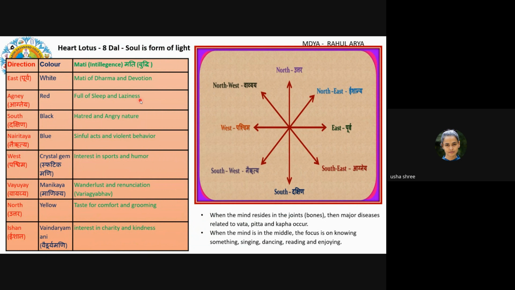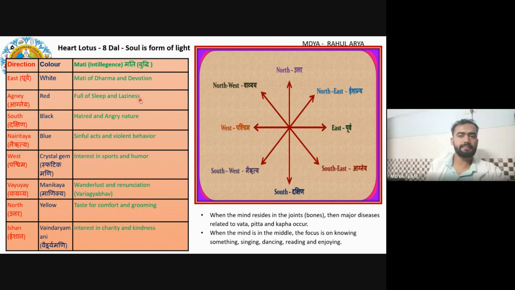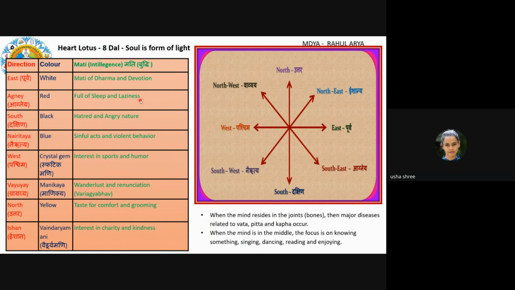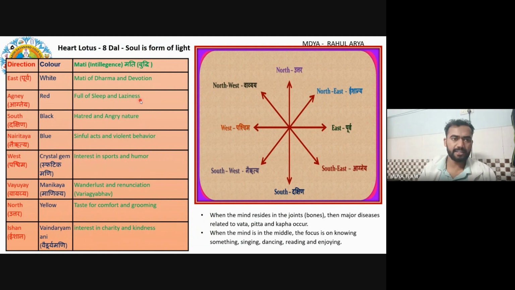Yeah, and when we see the east direction, there is dharma and devotion. So it is a positive attribute, right? Because mati is meditation, ma'am. Because it is a positive aspect, ma'am. Okay, so these negative aspects, it will try to reduce the negative aspects, right? Yes, ma'am. If you have any doubt, please check the text. I did not check the main text. If you have doubt, please check it and inform the others.